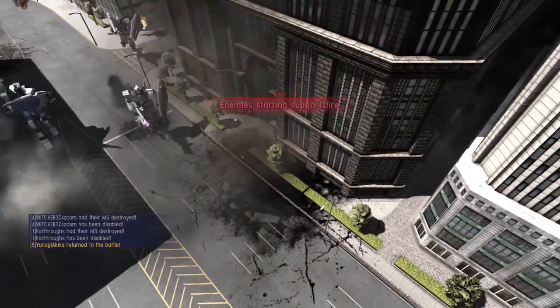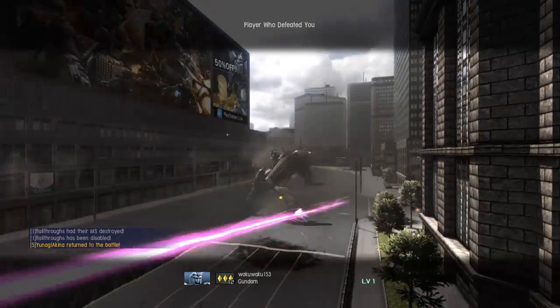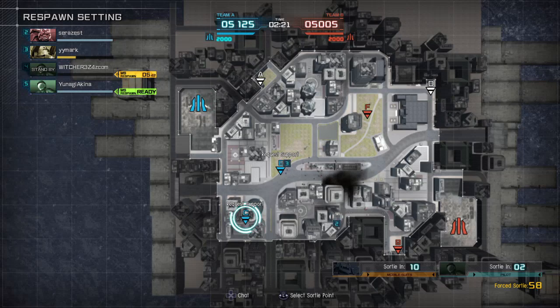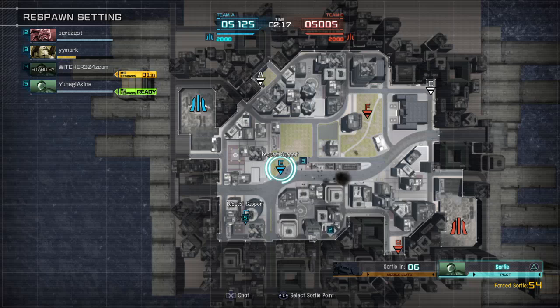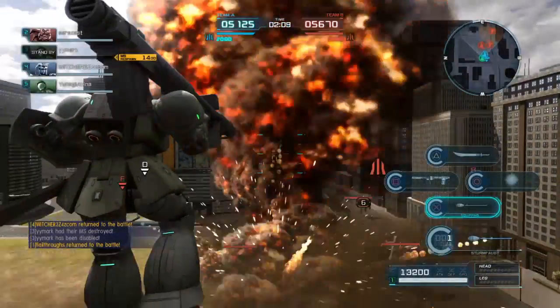But as you can see, this can do some decent damage. It's probably not the best thing to be using at 400, but I don't think it's the worst either. I think at 300, which of course is where the level 1 is, it's going to do pretty well for you. It's a pretty even match so far, 5,100 to 5,000. And we've got support fire coming in. I don't know if it amounts to anything, but...